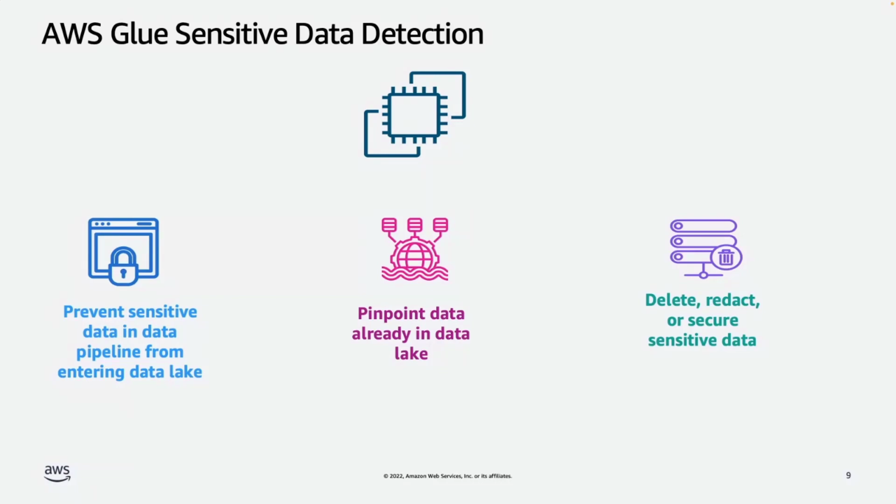First, your data volume is increasing. Next, sensitive data can be found anywhere. So, it's really hard. And that's why Glue DataBrew's sensitive data detection capability can help you by identifying sensitive data while it is still in your data pipeline so that you can prevent that data from landing in your data lake. It can also pinpoint the locations of sensitive data that is already in your data lake so that